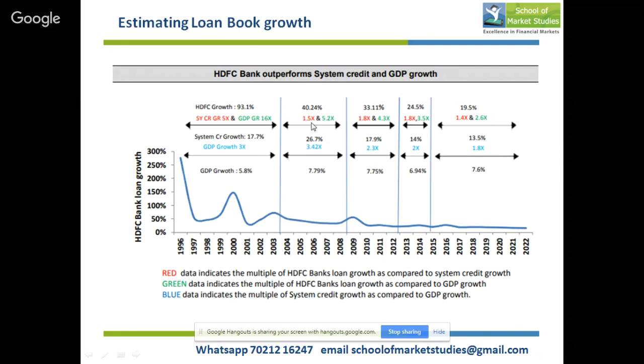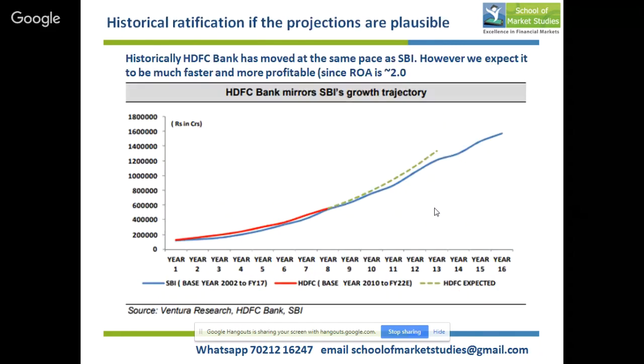Then in this period, it grew at 1.5x the GDP and 5 system growth and 5.2 times, and so on. So we are expecting that this number will grow at 1.4 times system growth and 2.5 times the GDP. Okay, so this is how we have projected the growth to come in. And what we did is we compared the big boy SBI with the growth of